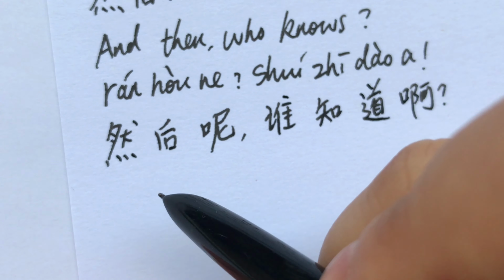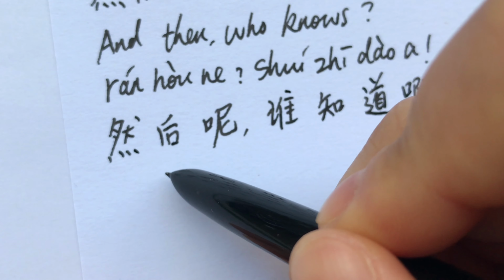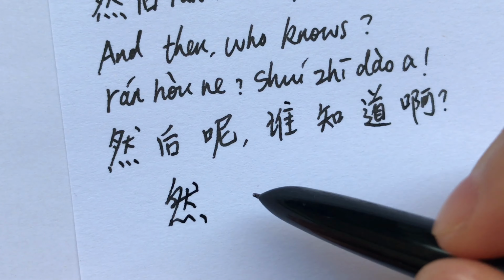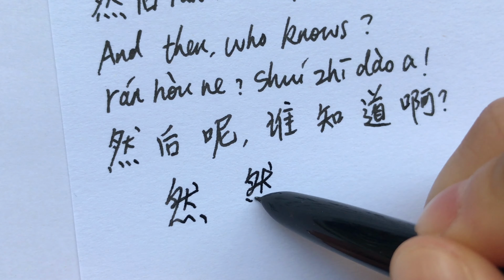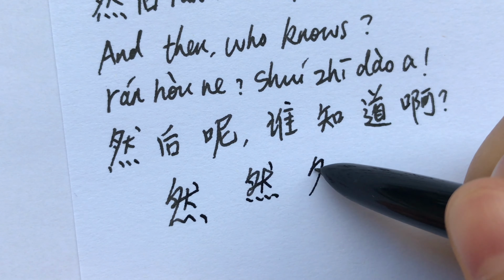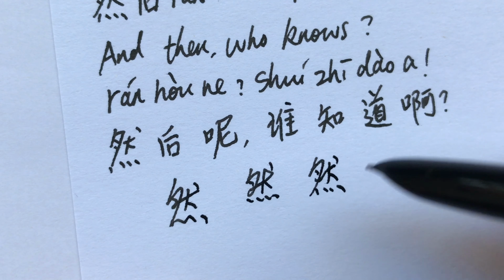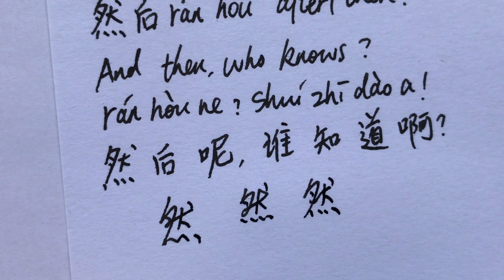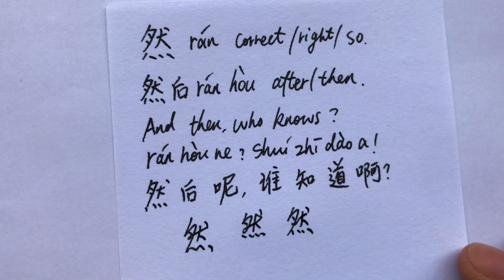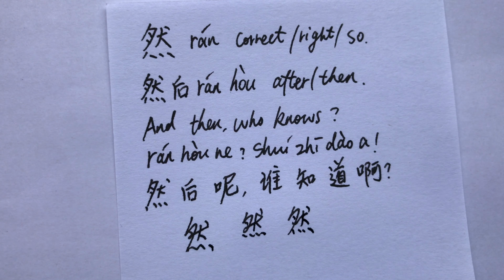Now let's write 然 fast. 然 correct, right. So, 然后 after, then, and then, who knows? 然后呢？谁知道啊？